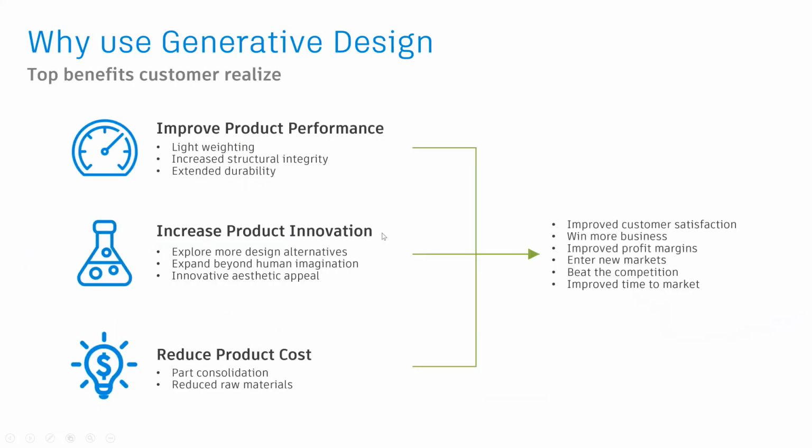Now, for a user or for an organization, why is this important? Because now technology can work with you hand in hand. Again, I'm repeating that point: technology is working with you hand in hand. It is no more an input-output method where you say, create this like this, give dimensions, and it will create. No, you are working along with the technology to come up with newer designs, thus enabling superior performance.